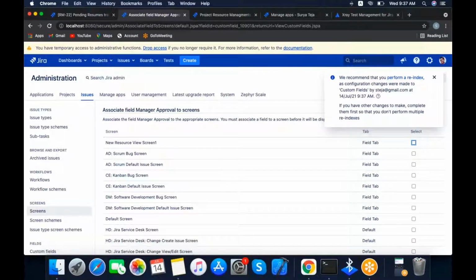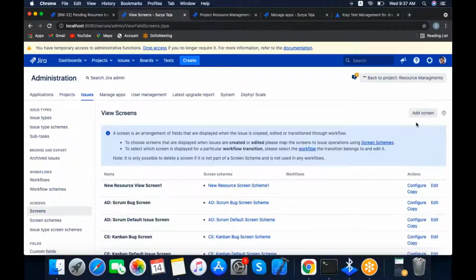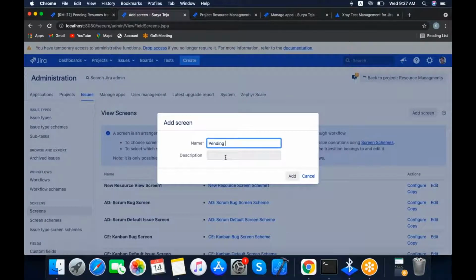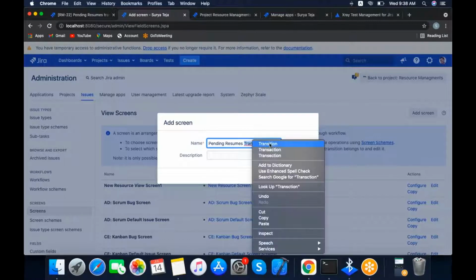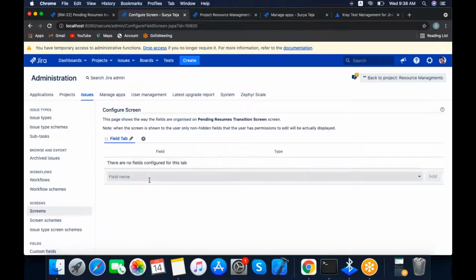After creating the fields, we need to create the screen. Go to screens, and we need to create the screen called pending resume transition screen. Add. I have created the pending resume transition screen.